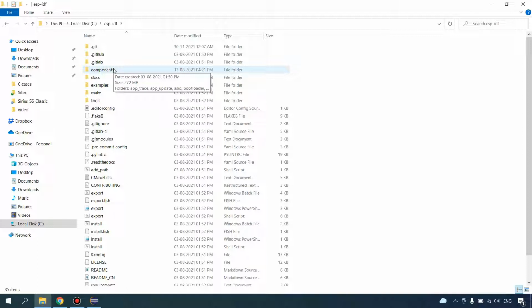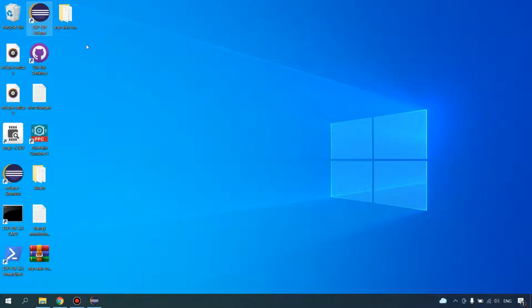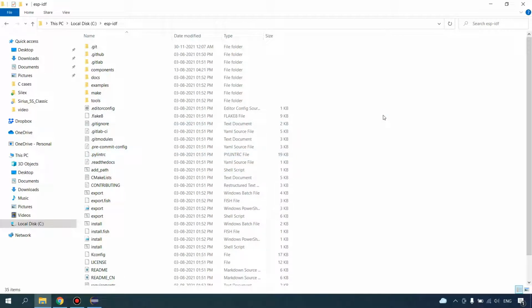If you add this SDK or any other library outside this component folder, you have to add a command in the CMakeLists file to include the directory in this component. So for example, let's say this is our extracted IoT SDK library. Just copy it here, we'll paste it here.